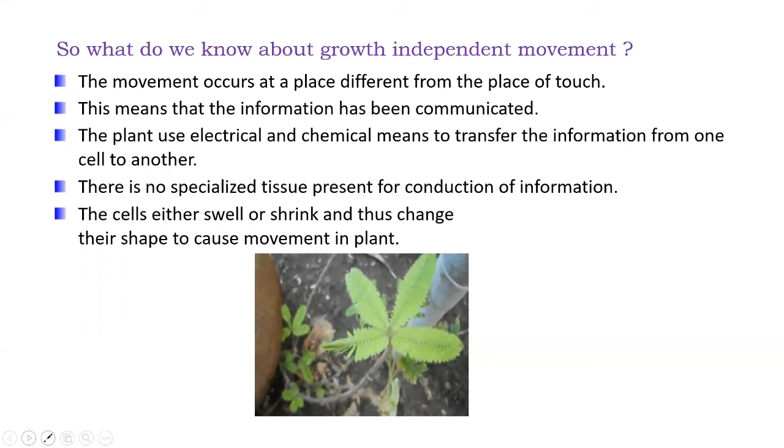They either swell by absorbing water or they shrink by releasing water, and by this swelling or shrinking, they can change the shape and the size of the part of the plant. Fine. So I want all of you to have a screenshot of this slide so that you can have some notes of it, and it will be easier for you to understand the characteristic properties of growth independent movement. So these are all the summary points that you should know about growth independent movement. Okay, let's proceed.